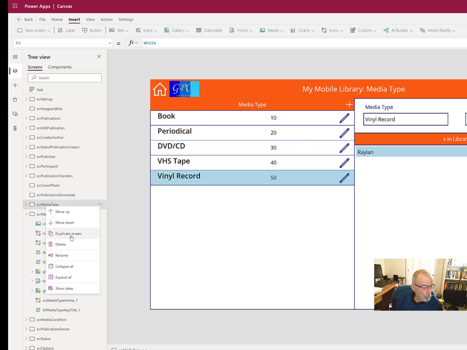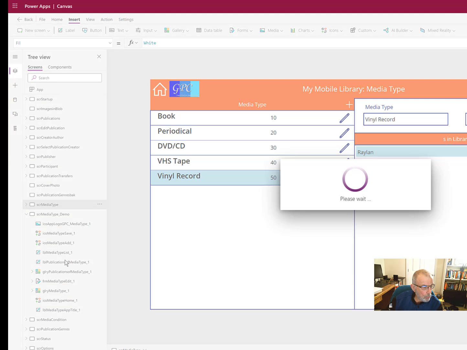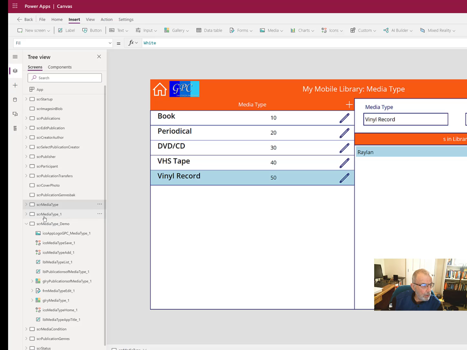the existing screen, creates a copy of it, and there it is. Now, the main advantage of this is you can see there are no data errors. I do have to modify